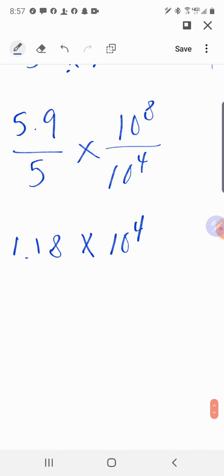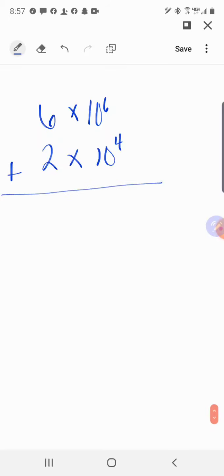All right. Number 13. It says, which value is closest to 6 times 10 to the 6 plus 2 times 10 to the 4th. All right, and it says which value is closest. So look, this is what we need to do. If we're adding